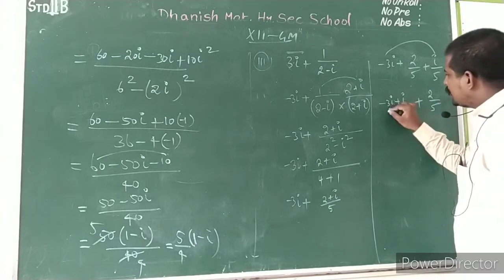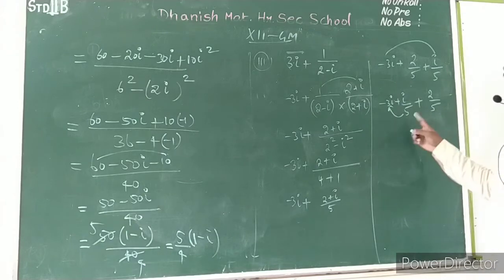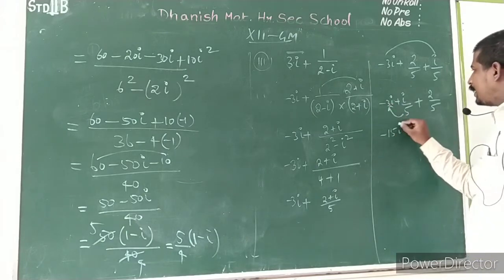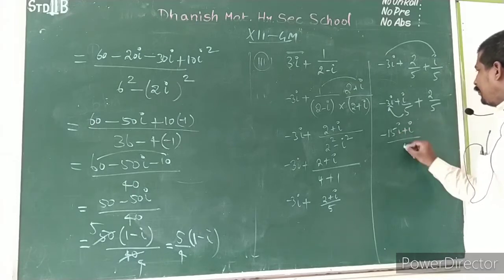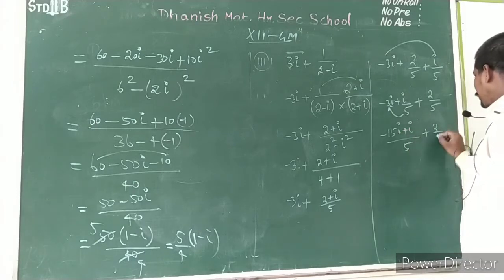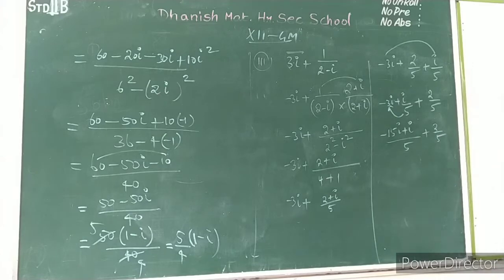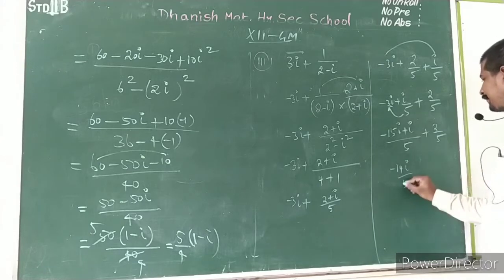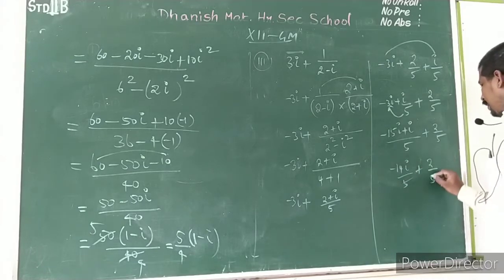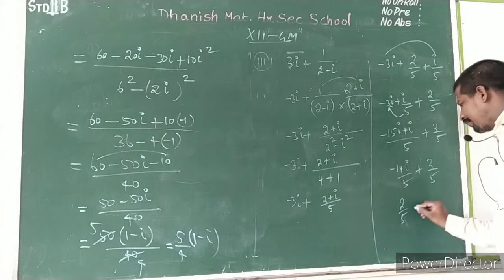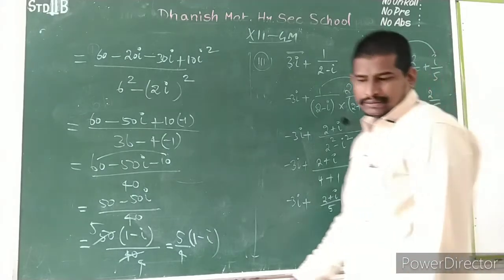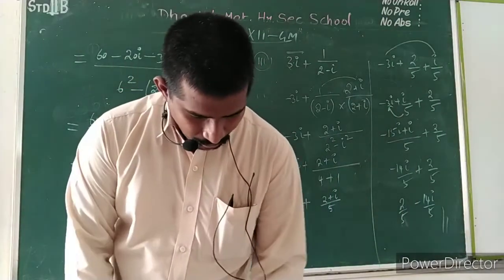Now I am going to cross multiply the 5 with the 3i, that is minus 15i plus i by 5 plus 2 by 5. Now minus 15i plus i, minus 14i divided by 5 plus 2 by 5. It can be written as 2 by 5 minus 14i divided by 5. Is that required? So now